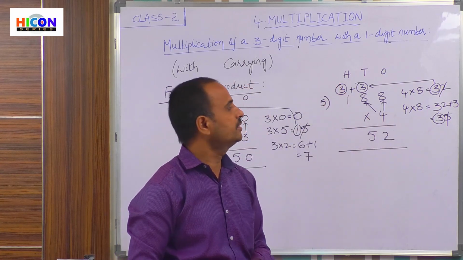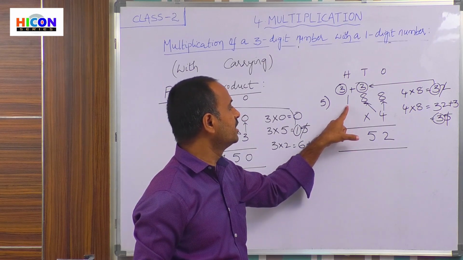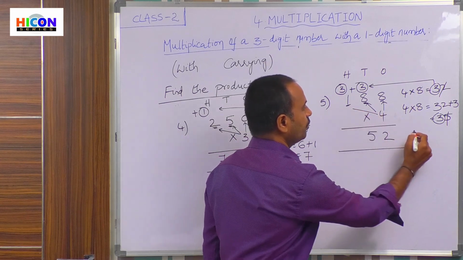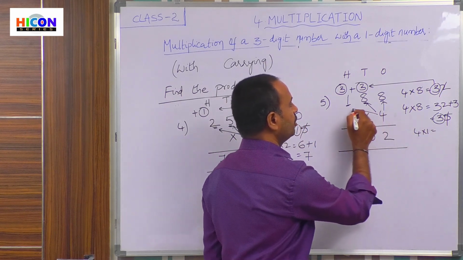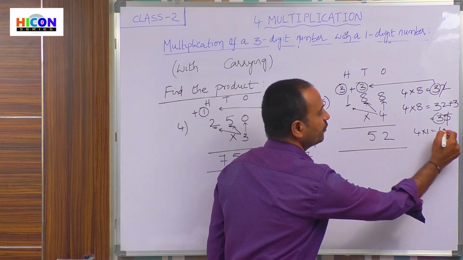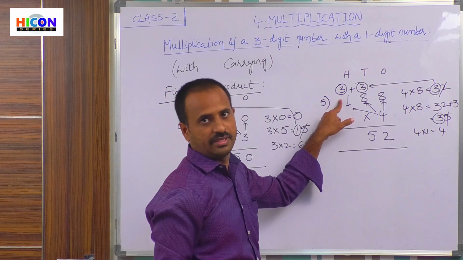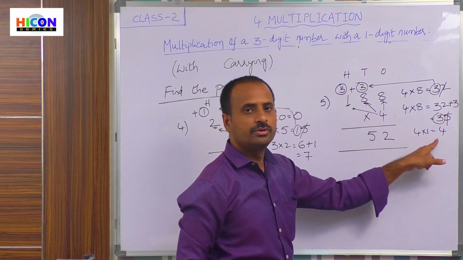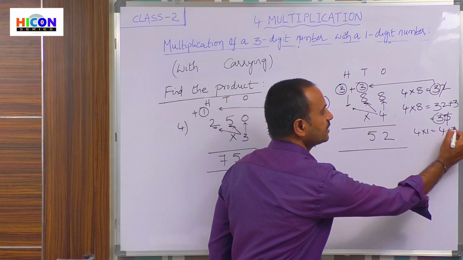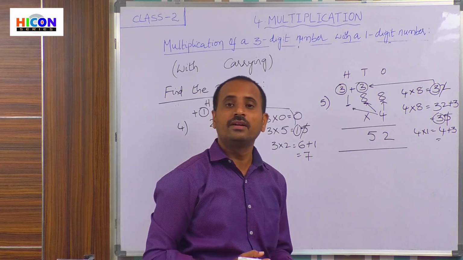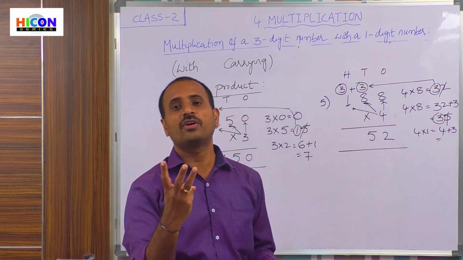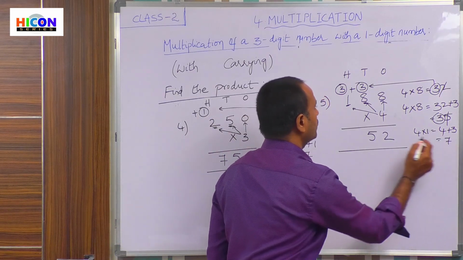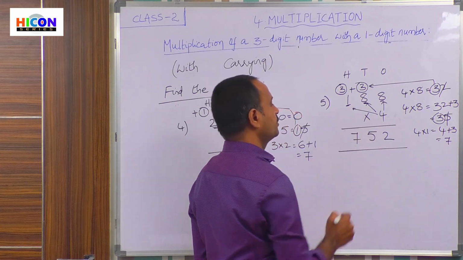Now continue the multiplication. Now multiply the digit present in hundreds place with 4. So multiply 1 with 4, that is 4 into 1. Children, how much is 4 ones? 4 ones are 4. And there is a carried number 3. Add this carried number to the product. So add this 3 to the 4, that is 4 plus 3. Children, how much will you get if you add 3 to 4? Open 3 fingers: 4, after that 5, 6, 7. So 7 is the answer. So write 7 under hundreds place.